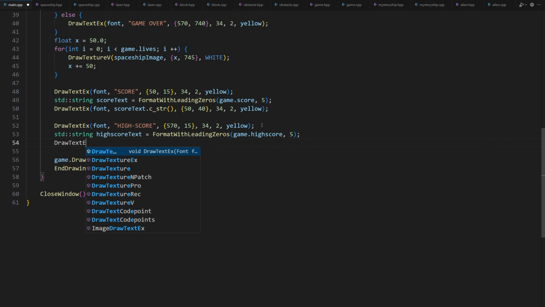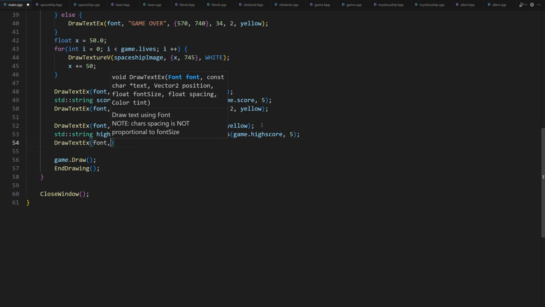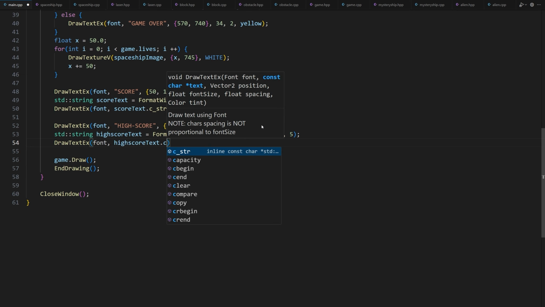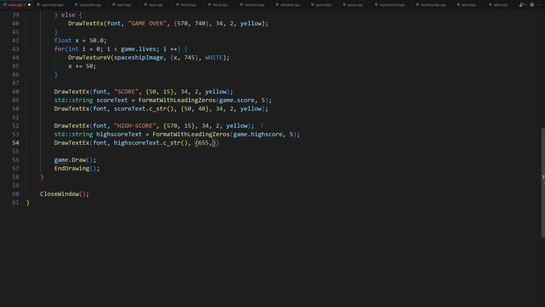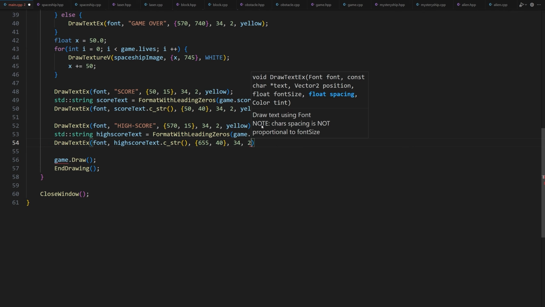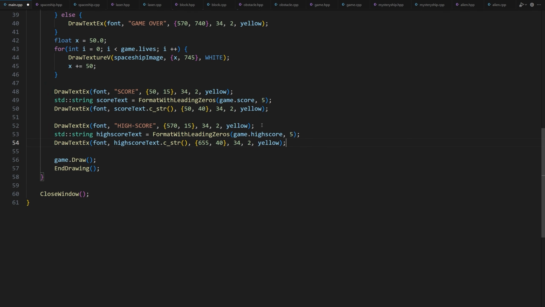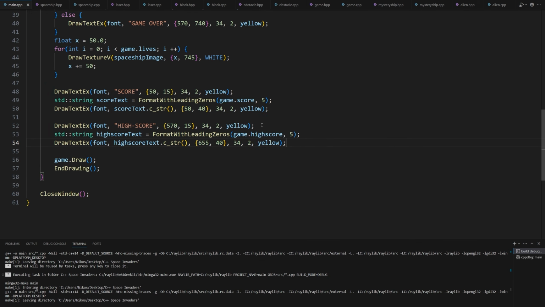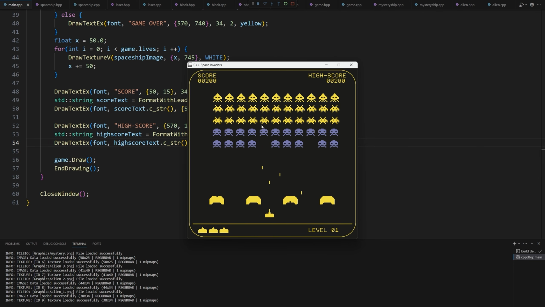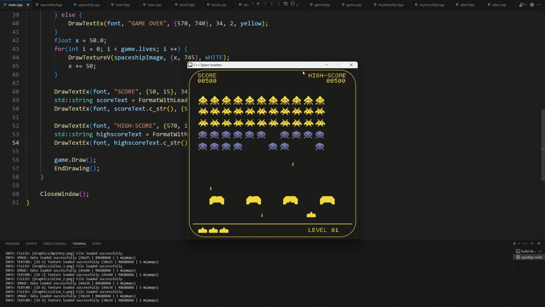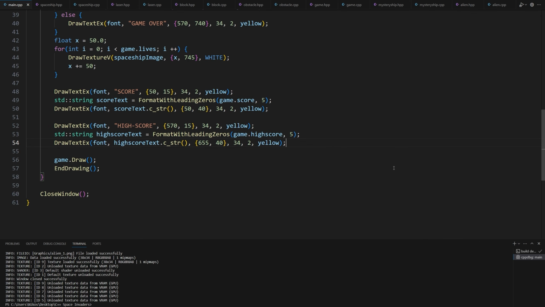DrawTextEx(font, highscoreText.c_str(), {655, 40}, 34, 2, yellow). If we run the game again, you'll notice the high score displayed just below the text high score. Perfect. Every time we hit a new record, the high score value changes.